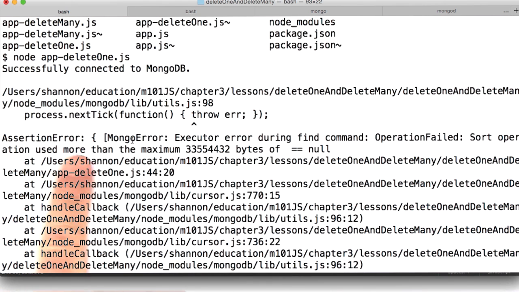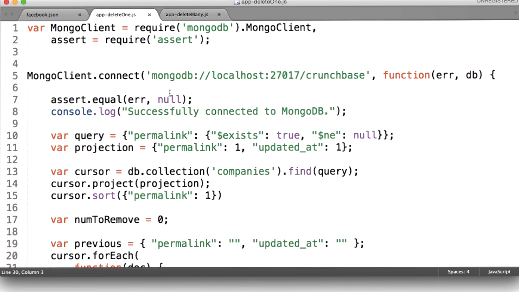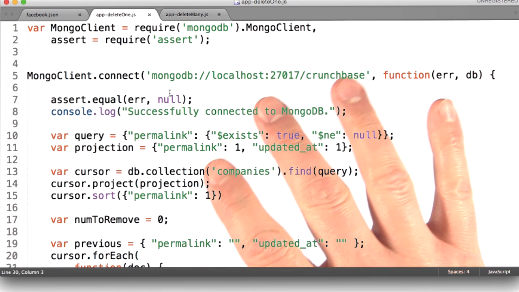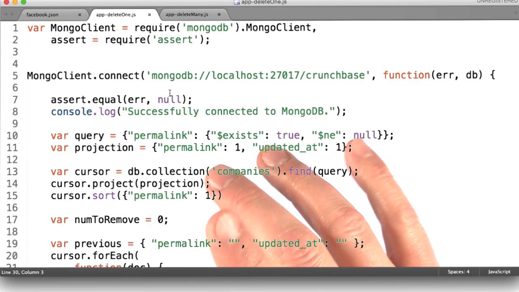Sort operation used more than the maximum bytes permitted. Okay, so let's talk a little bit about what's happening here. Note that we're stipulating that we want to do a sort here. Okay? In a later section, when we talk about indexes, we will learn that we can actually do sorting on